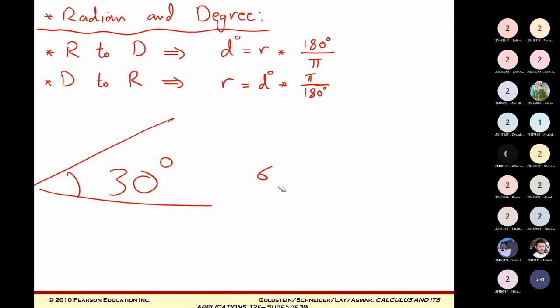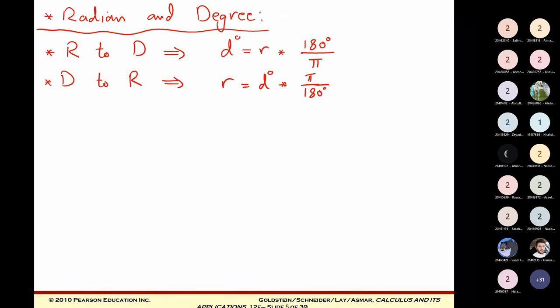It is like temperature, Celsius and Fahrenheit: maybe the same quantity but different numbers, but we can convert from Fahrenheit to Celsius and from Celsius to Fahrenheit. We can also convert from meters to inch and from inch to meters, like this. So now we have two measures, radian and degree. If we have one, how can we find the other?